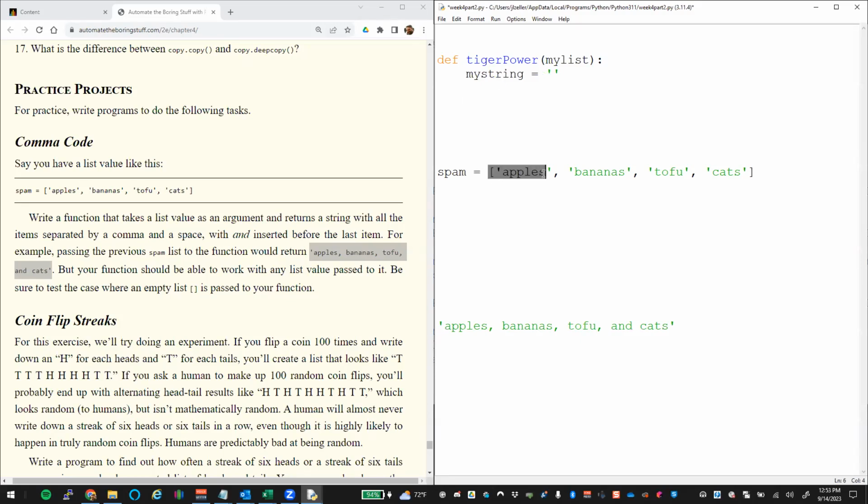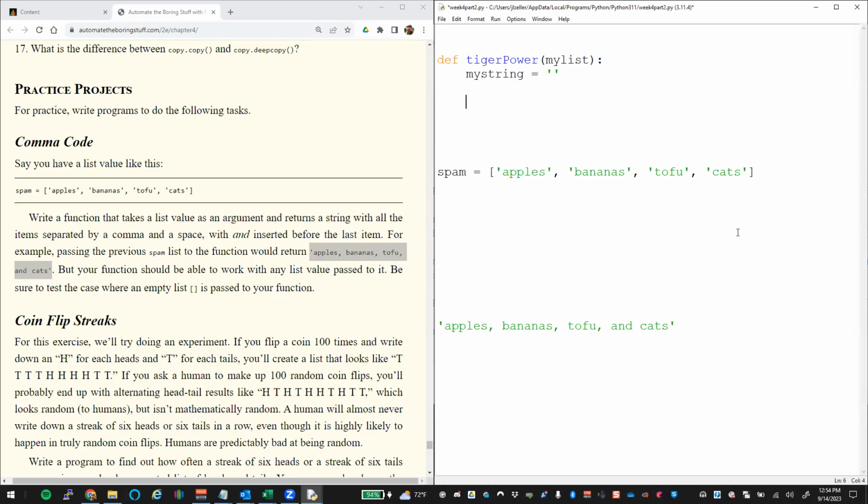Better yet, how could we go through this string and just add that up to this my string? Does anybody know? We could use an append, but an append goes to a list, not to a string. So the first part of this is, how do we go through this list? When I say I want to go through a list, I have to put it in a,